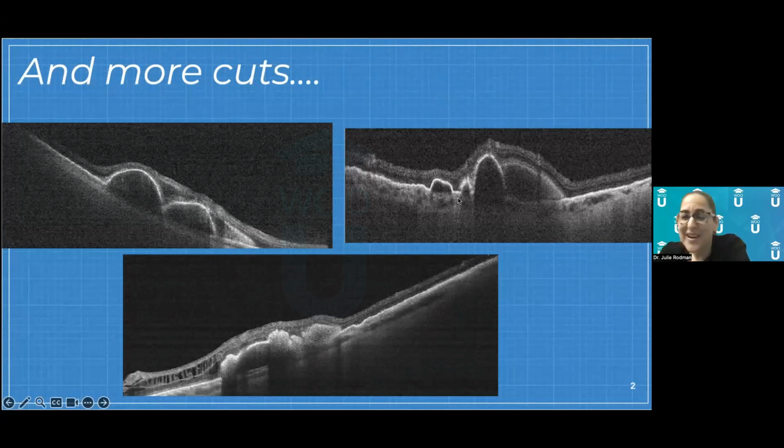And another cut where there's 1, 2, 3, 4, at least 4 pigment epithelial detachments altogether. And then down here, another very interesting appearance where you have the RPE again lifted up, and there's a lot of different colorations in here, some hyperreflective areas that are probably bleeding, and again, some darker areas that are probably serous fluid. And then look at this schisis cavity here. Schisis meaning a separation of our neurosensory retina with these kind of pillars.